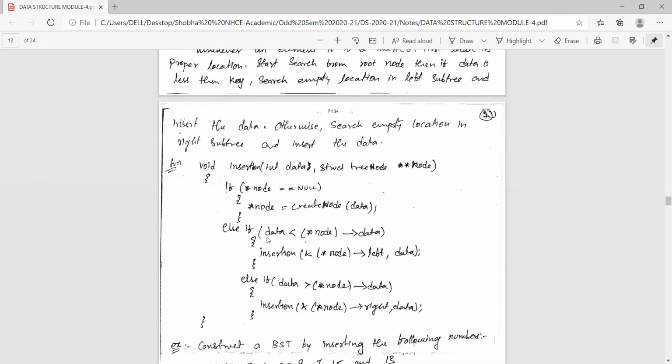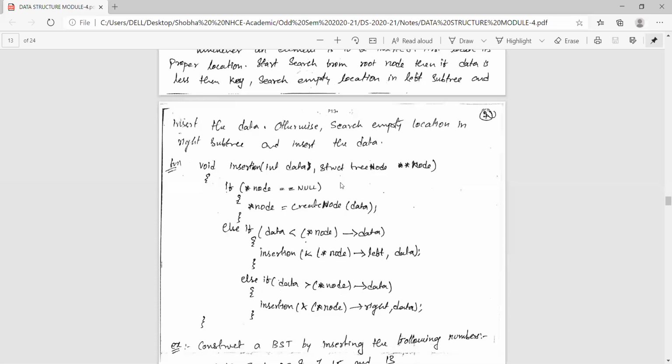If the data is less than the root data, you insert recursively, calling the function here. Initially, if node is equal to null, it means there is no tree and you are creating a new node. The data which you want to insert will be the first node, or the root node, of the tree. You are creating that.